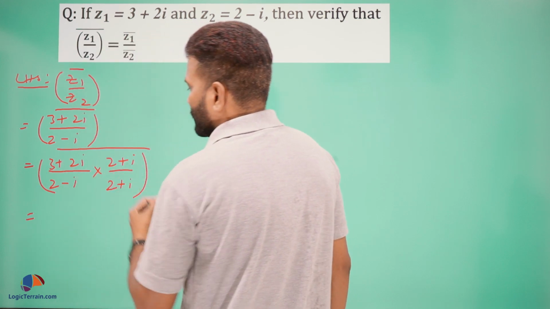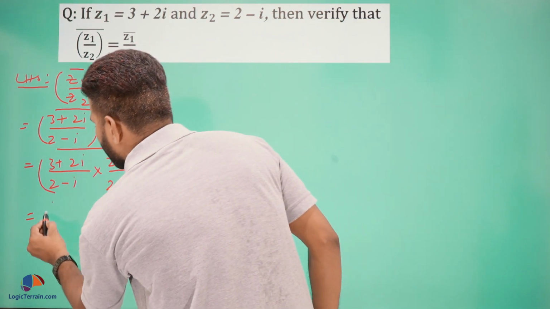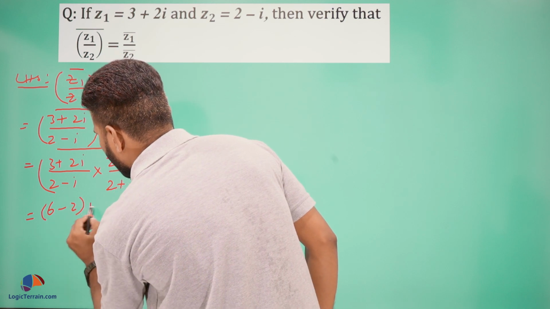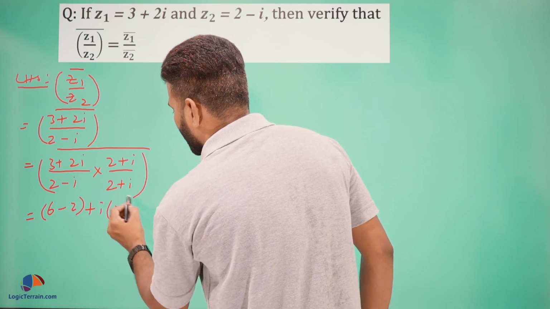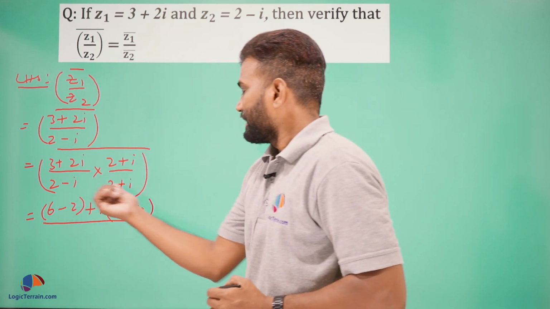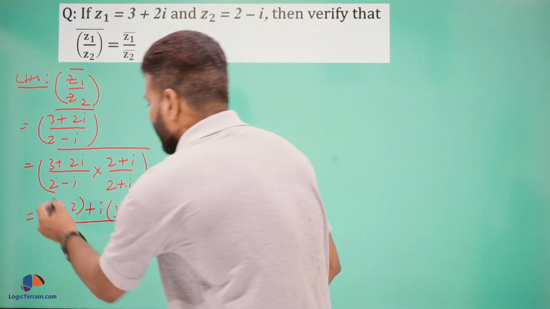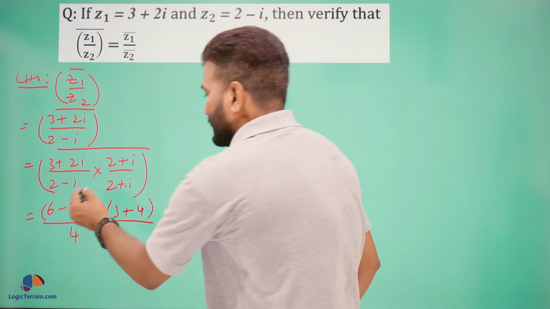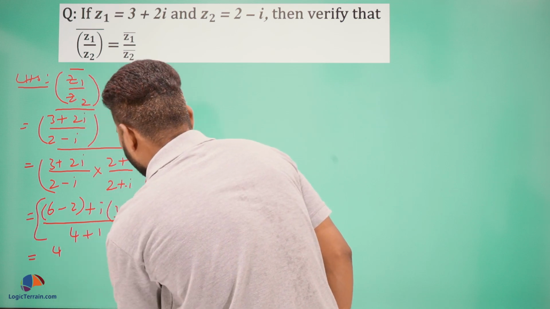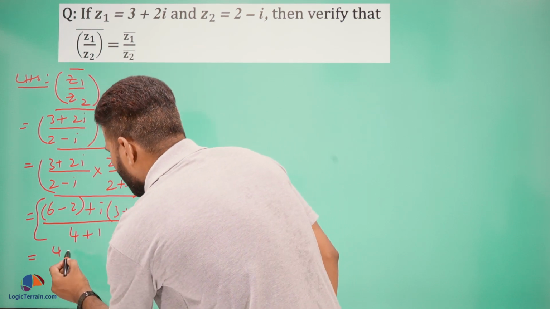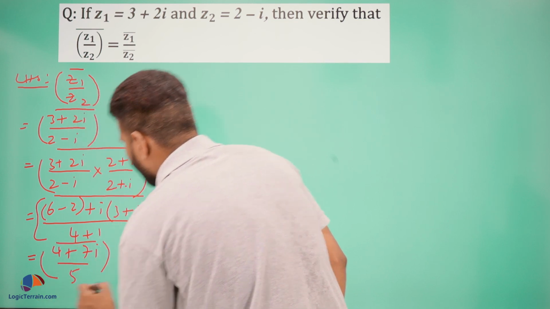Conjugate. So we will multiply using the product rule, that is AC minus BD: 3 2s are 6 minus 2 1s are 2, plus i of AD plus BC: 3 1s are 3 plus 4 2 2s are 4, upon the denominator, which looks like (A minus B) into (A plus B). So we will apply the identity A square minus B square: 2 square is 4, i square is negative 1, negative of negative is positive 1, and this becomes 4, whole conjugate. So (4 plus 7i) upon 5, whole conjugate.